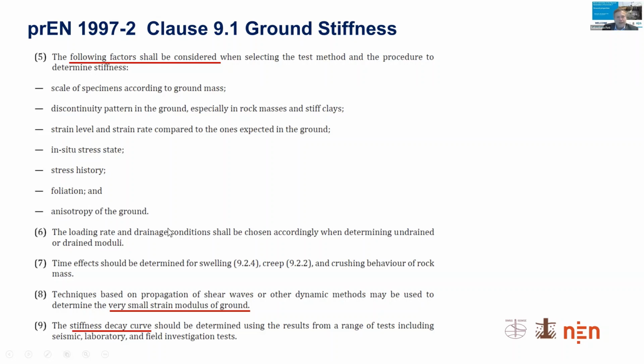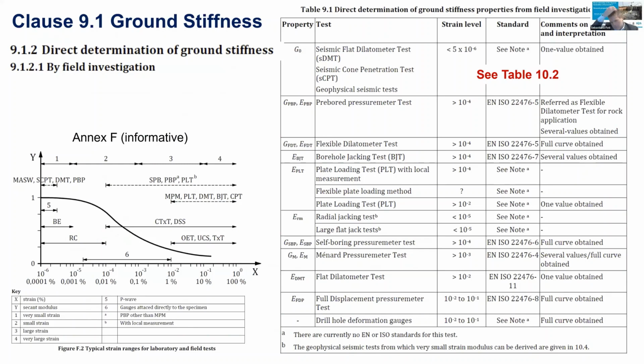Another aspect to be stressed about ground stiffness is, as I said before, the behavior at very small strain, that can be explored using methods based on the propagation of shear waves or other dynamic methods, either directly on site or on samples in the lab, and the fact that the stiffness decay curve that describes the change in stiffness with strain can be determined using a range